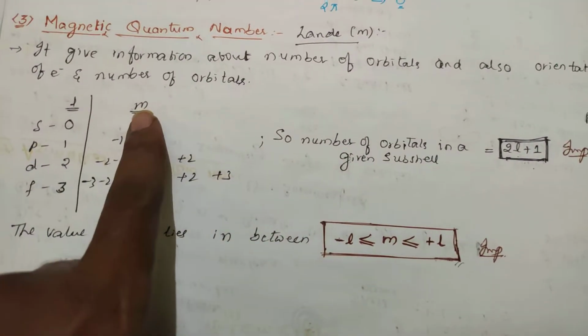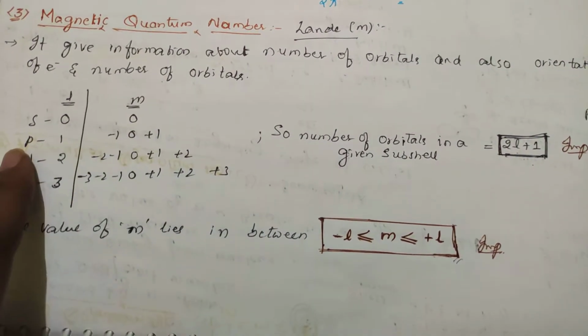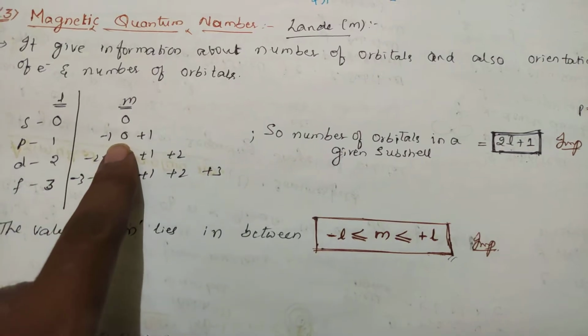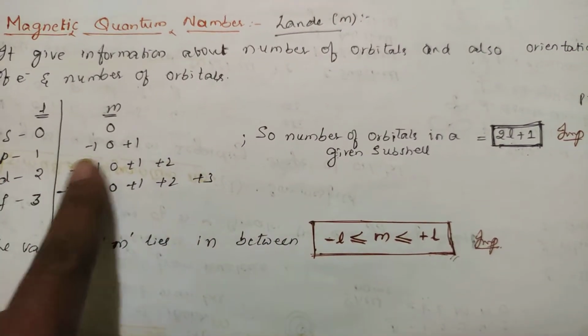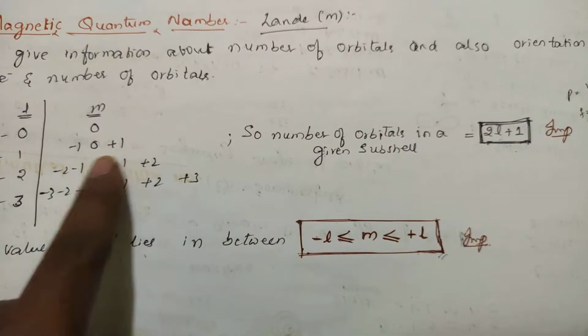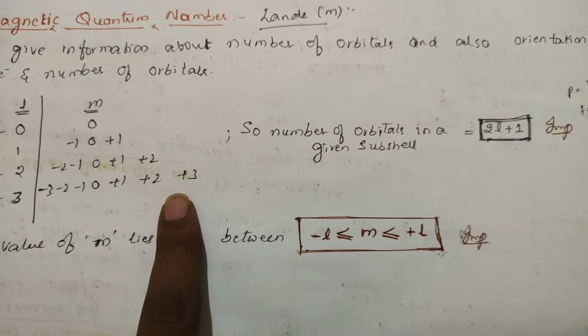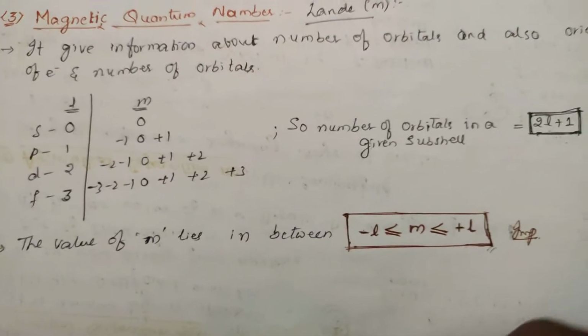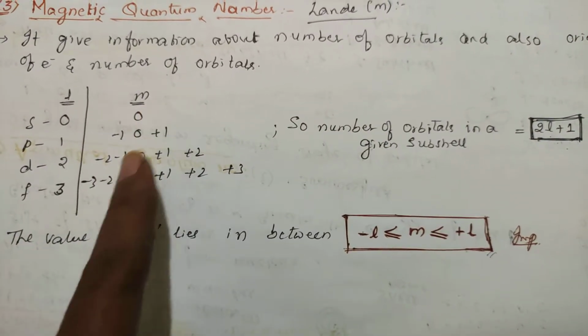Okay. Then the m value: if s is equal to 0, the m value will be equal to 0. If p, that is l equal to 1, the m value will take 3 values, because p consists of 3 orbitals. S consists of 1 orbital, p consists of 3 orbitals, d consists of 5 orbitals, f consists of 7 orbitals. The value of m lies between minus l